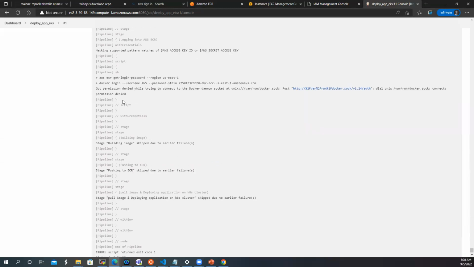So now we are getting permission denied while trying to connect to Docker, right? So what we need to do is SSH to our EC2 instance with our Jenkins server and run sudo systemctl restart Docker, because when you check inside our shell script,